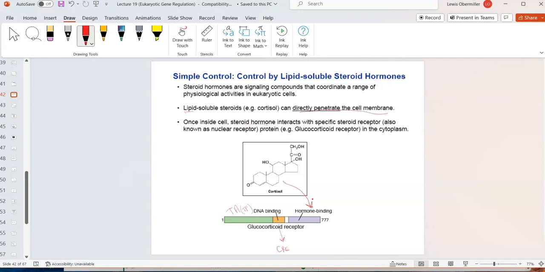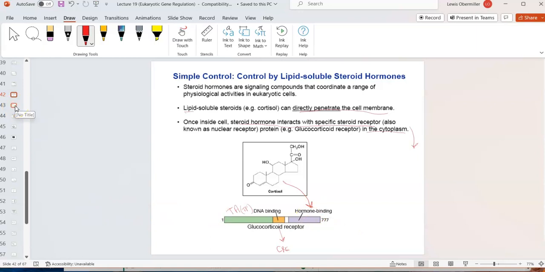Once in the cell, the hormone reacts with the receptor, which is in the cytoplasm, and then it gets transferred to the nucleus because it has to. It can't bind to DNA because in all eukaryotes, the DNA is found in the nucleus. So